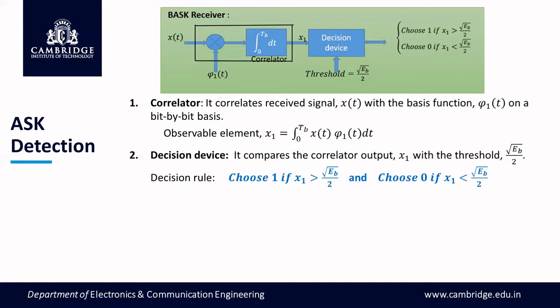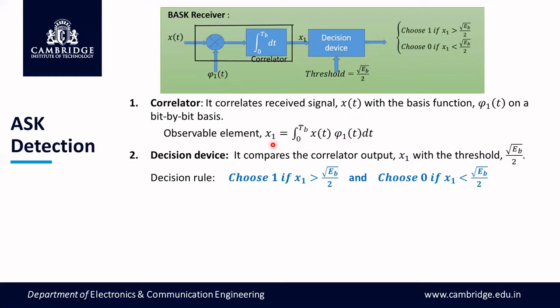That means the basis function phi1 of t generated in the receiver part should be in phase synchronization with the basis function used in the transmitter. Then phase synchronization is eliminated from the equation, and we end up with the value root EB. So with this, detection is declared coherent detection. Initially the received signal x of t is multiplied with the basis function, then the product is integrated. Multiplication and integration is performed here.